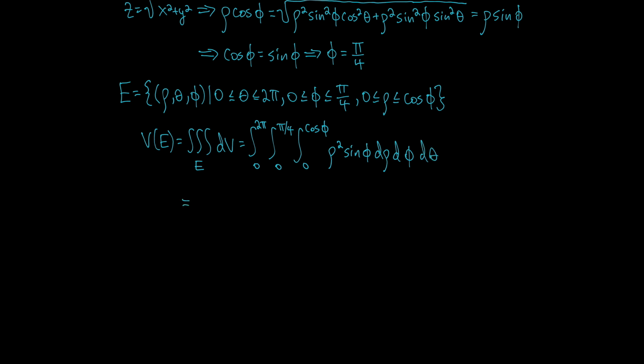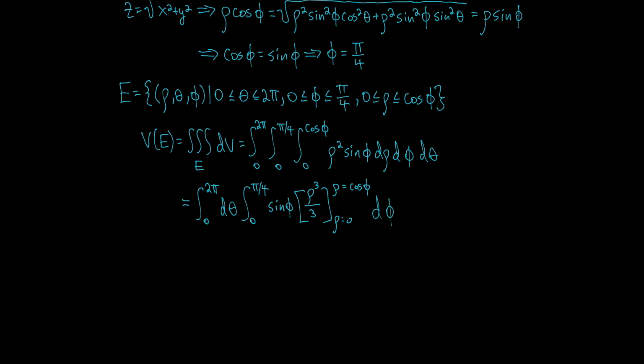So notice that the d theta integral can easily be separated out. So let's do that first. We've got 0 to 2 pi d theta, because there's no thetas in here. And we'll have 0 to pi over 4 for phi. We could just do this integral with respect to rho really quick. Sine phi will be constant with respect to rho. So we just have rho cubed over 3 evaluated from rho equals 0 to rho equals cosine phi